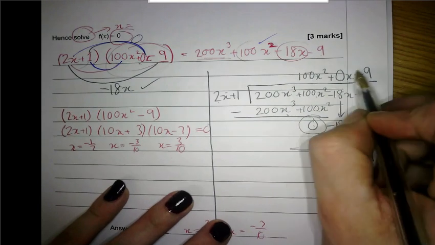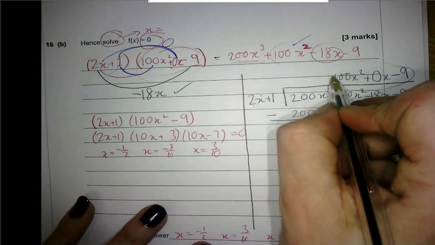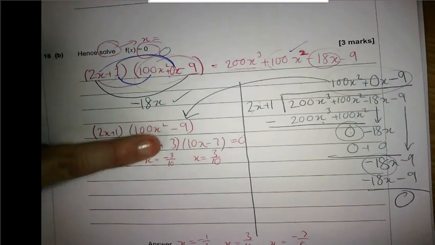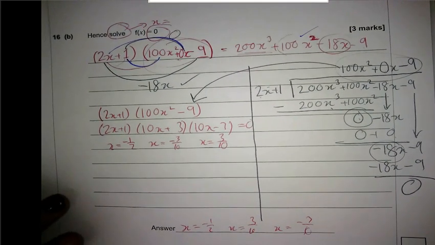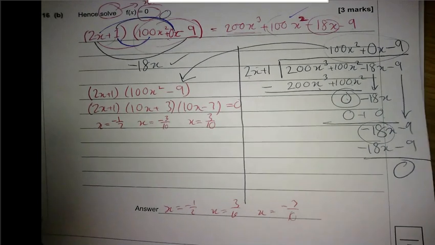So I get 100x squared minus 9, and then I can follow the same steps to fully factorise and then get my solutions. Let's have a look at question